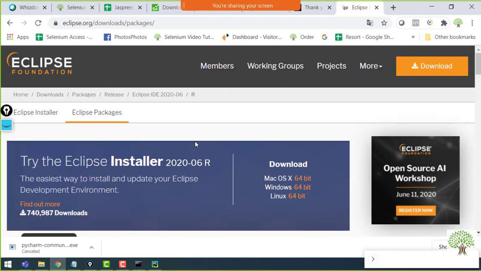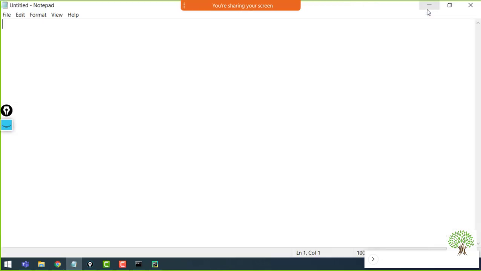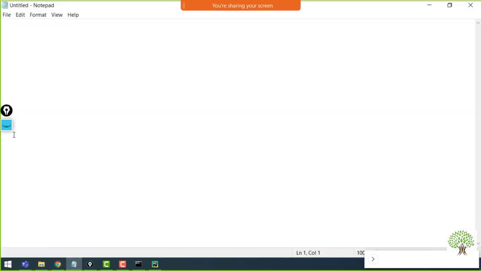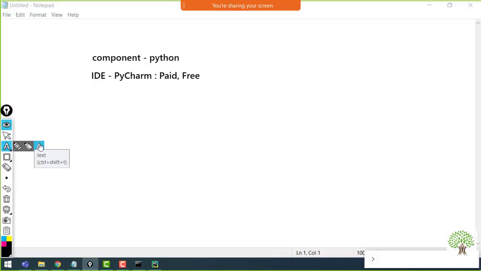But whenever you have installed Eclipse, you must have observed that there is no option to create a Python project or Python packages in it. Why? Because Eclipse is an IDE to work with Java. It works with Java usually. Others like PHP and C# also work on it, but not Python. But still we can work with Eclipse using Python. How? We just need a plugin to be installed.